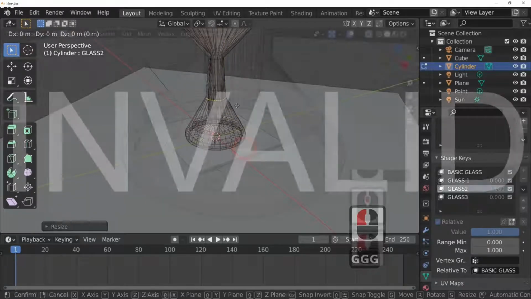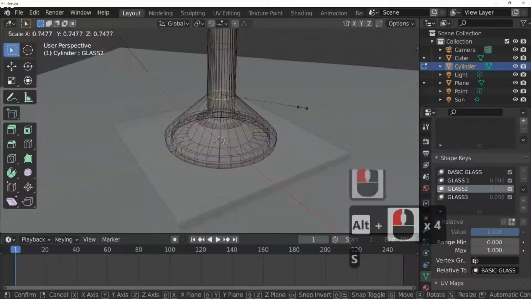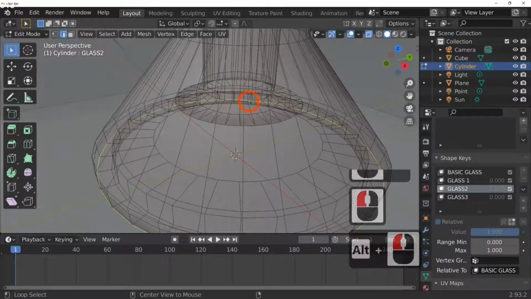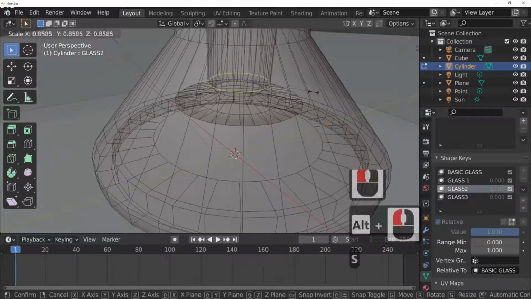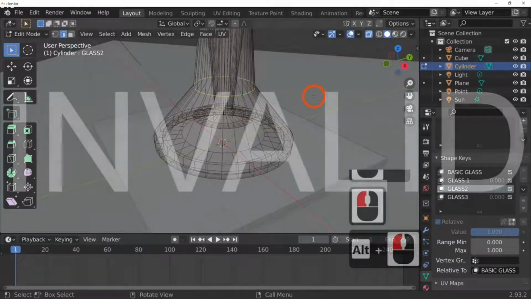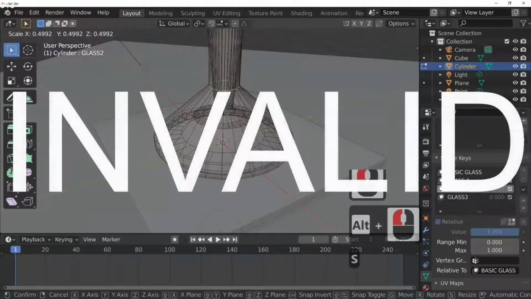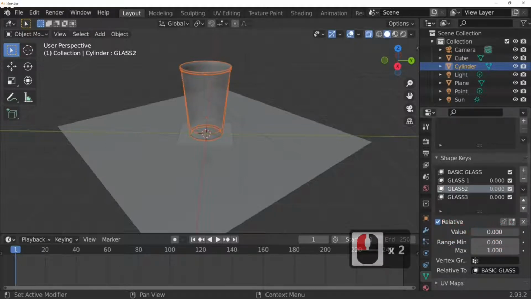G and Z, scale that loop down there, scale it down, scale this inner loop down if I can grab hold of it, and this other inner loop, scale it down. So I've made myself a little glass, and if we take the shape key up and down, as you can see, out comes the pint glass, then it turns into the wine glass, like so,